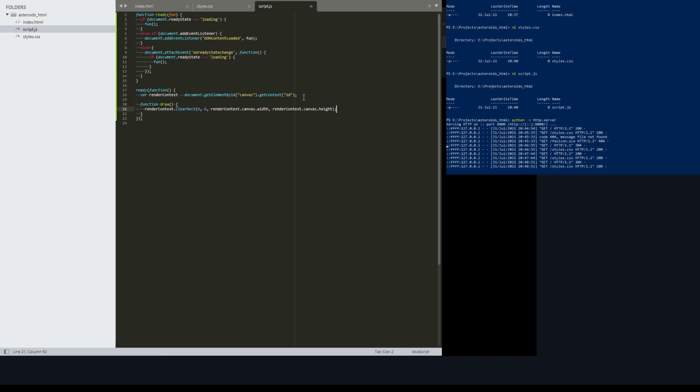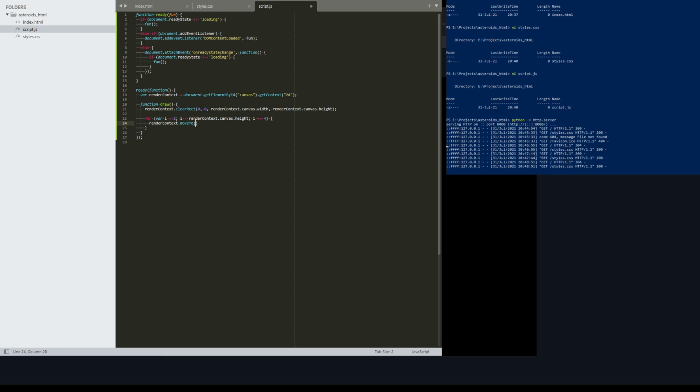Anyway, all that muttering out of the way, we've cleared this rectangle. For just a little test to make sure it works, I'm going to do a little for loop. Let's say 2. Oh, that's right, render context, canvas height. So I'm going to draw some imitation scan lines. That should do it. So we're going to start like 2 pixels down from the top, and then every 4 pixels we're going to draw a line. And the way we do that is render context,